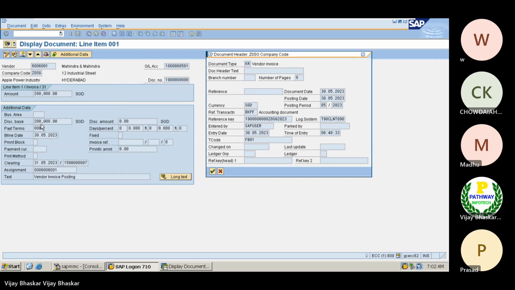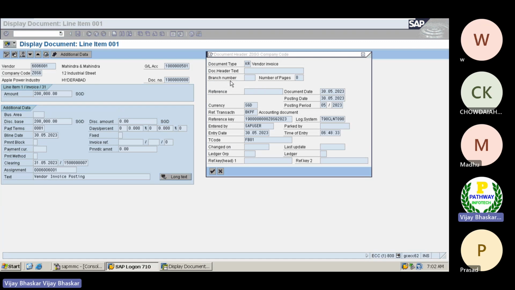See now, the payment term I have given here is 0001. But how is the baseline date arrived here? The baseline date is the document date or the posting date. I have already mentioned these two things in the explanation. But in most cases, the baseline date will be the document date only. How should the system know this baseline date is a document date?